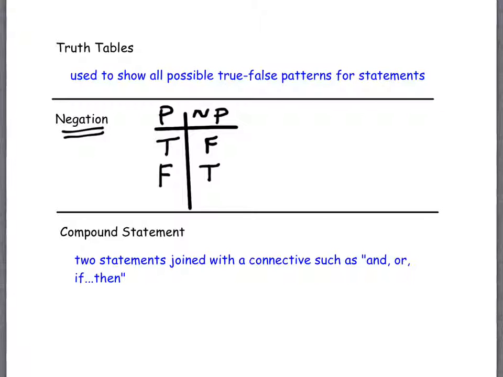Compound statements are two statements that are joined with connectives. Connectives like and, or, if-then. Those are the three connectives. Occasionally you'll see a connective with the word but,